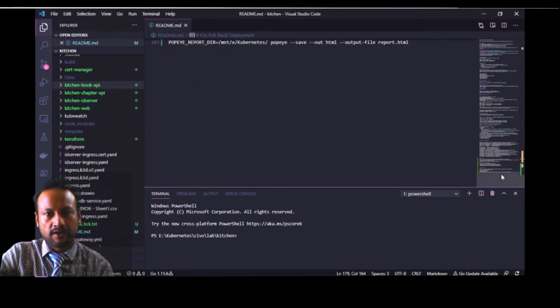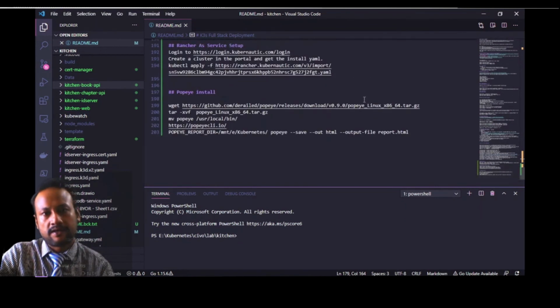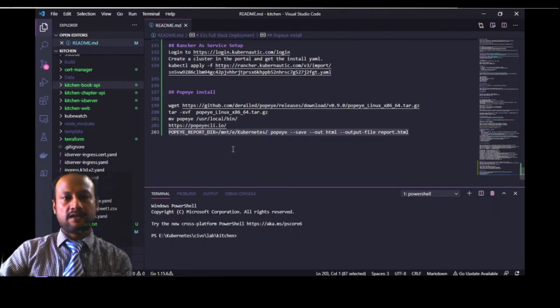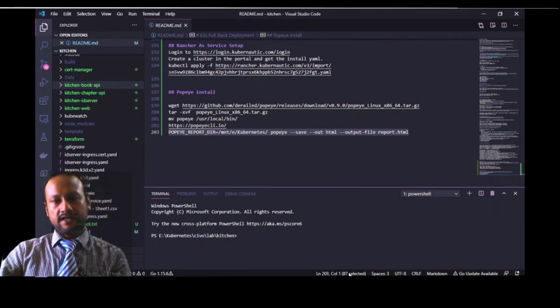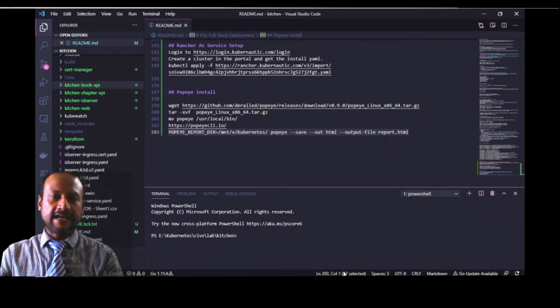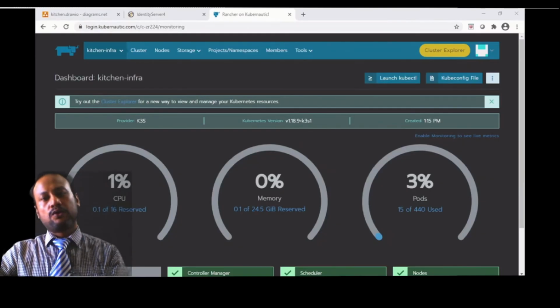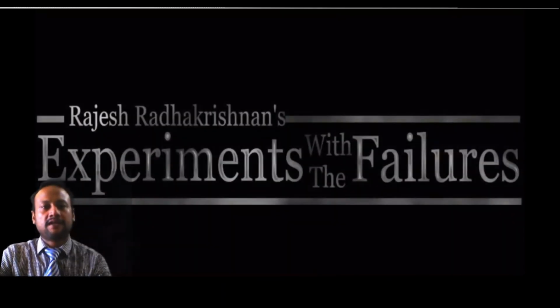Now the Popeye tool. I'm showing you the command, so you could see on my VS Code, you get the Popeye tool, untar, extract this, move it to the bin, then you run this command. So you get a very fantastic report. It's kind of a scan, because we don't know what's happening in the cluster.